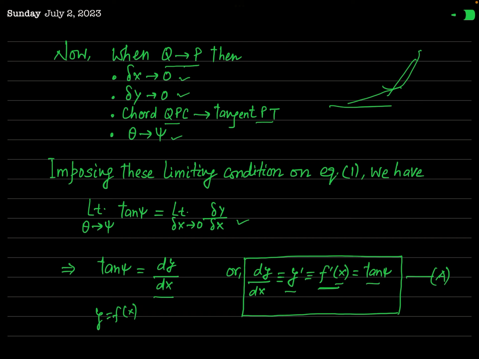So dy by dx is equal to tan psi, and tan psi is called what? This is called the slope of the tangent drawn at a point x and y. It means the point whose coordinates are x and y. Okay. Now after getting the meaning of this dy by dx geometrically, which is equal to the slope of the curve